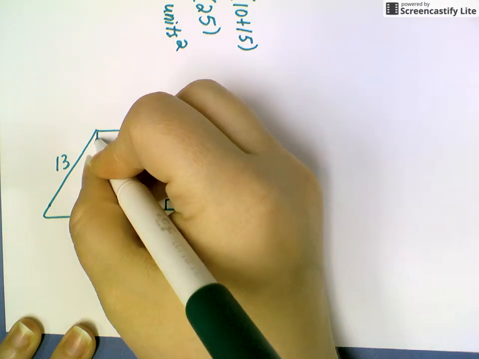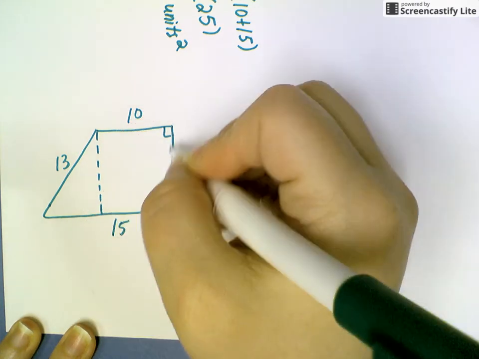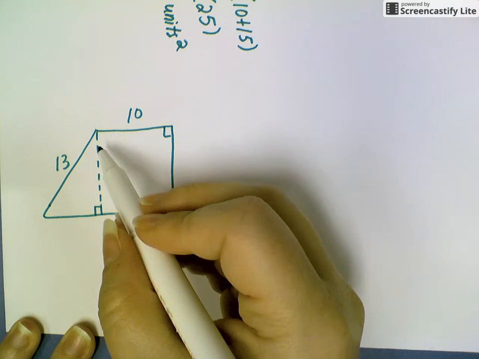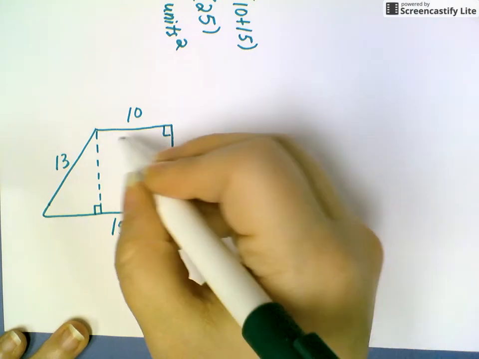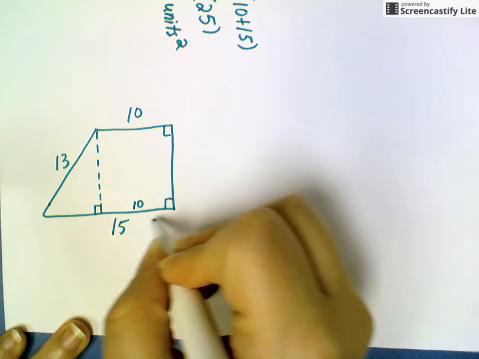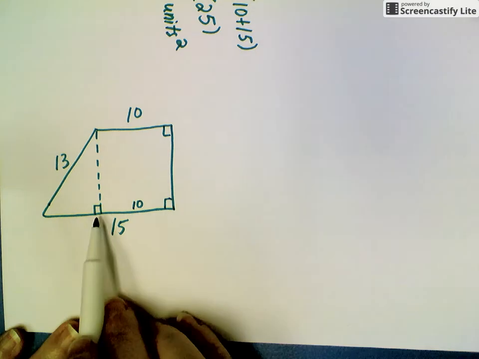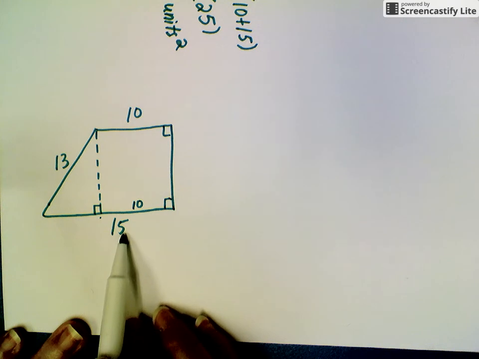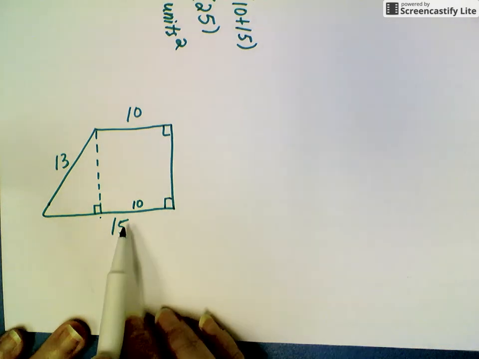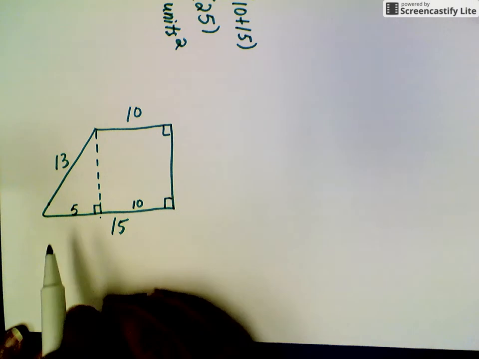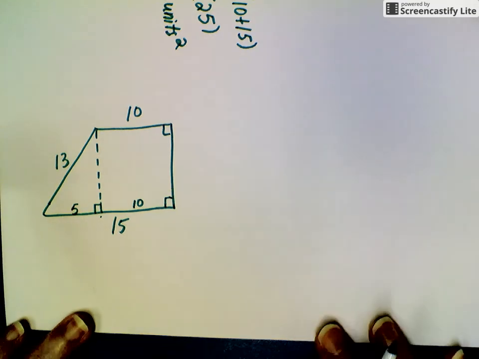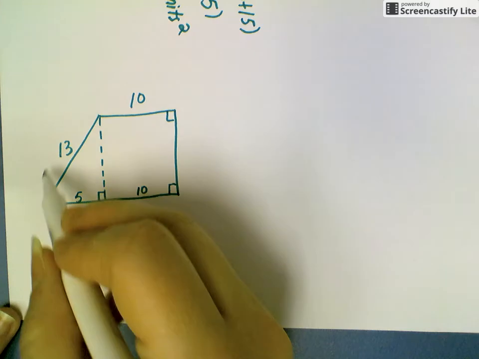Now I can draw a height here. That would be the same length as over here, and that's going to form a right triangle on the left here. This base is 10. That would be the same distance across to here, and since this base is 15, if I take these numbers and subtract them, I'm going to get 5 for this leg in my right triangle. So I can, of course, use my